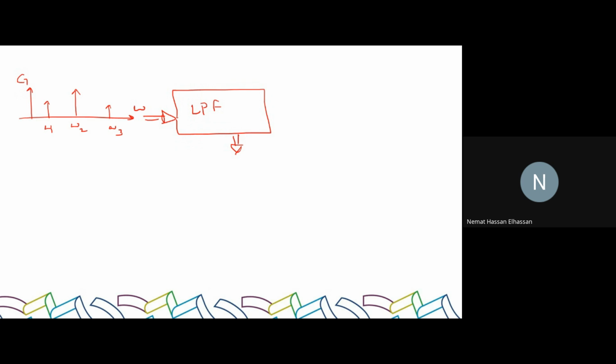The low pass filter has a cutoff frequency, omega low. So this is the pass band of the low pass filter, right? Which means what will happen to omega 3? It will be blocked. So the output that you'll see would be only omega 1 and 2,